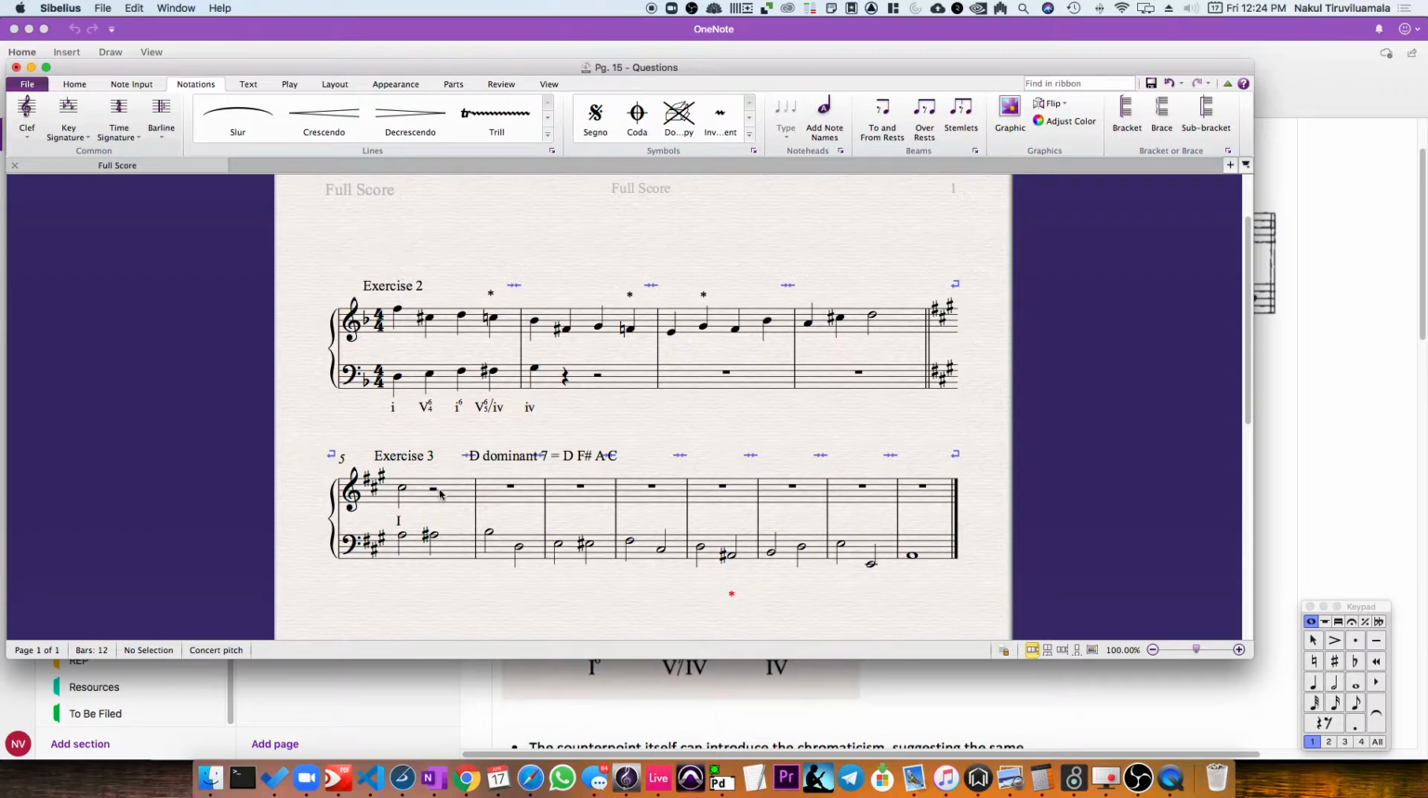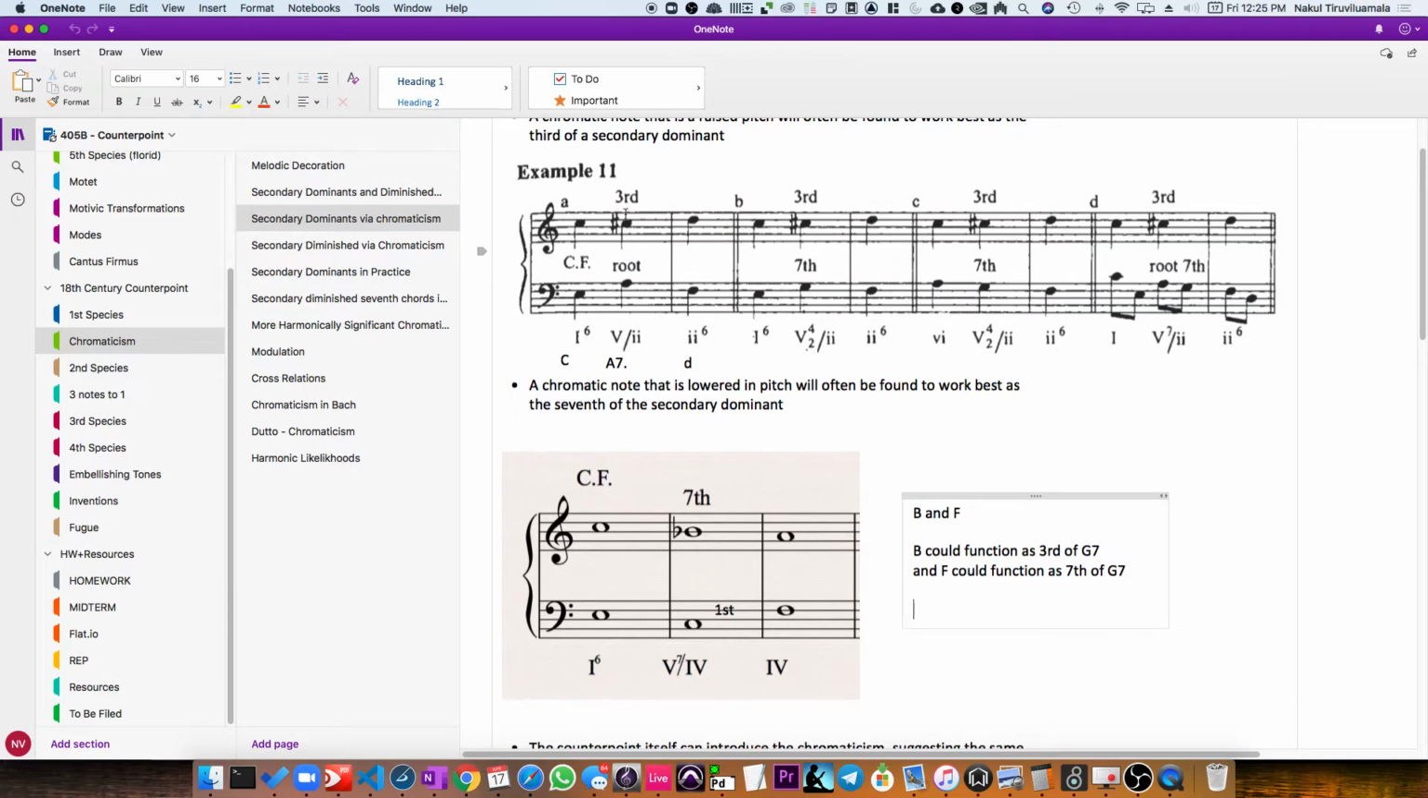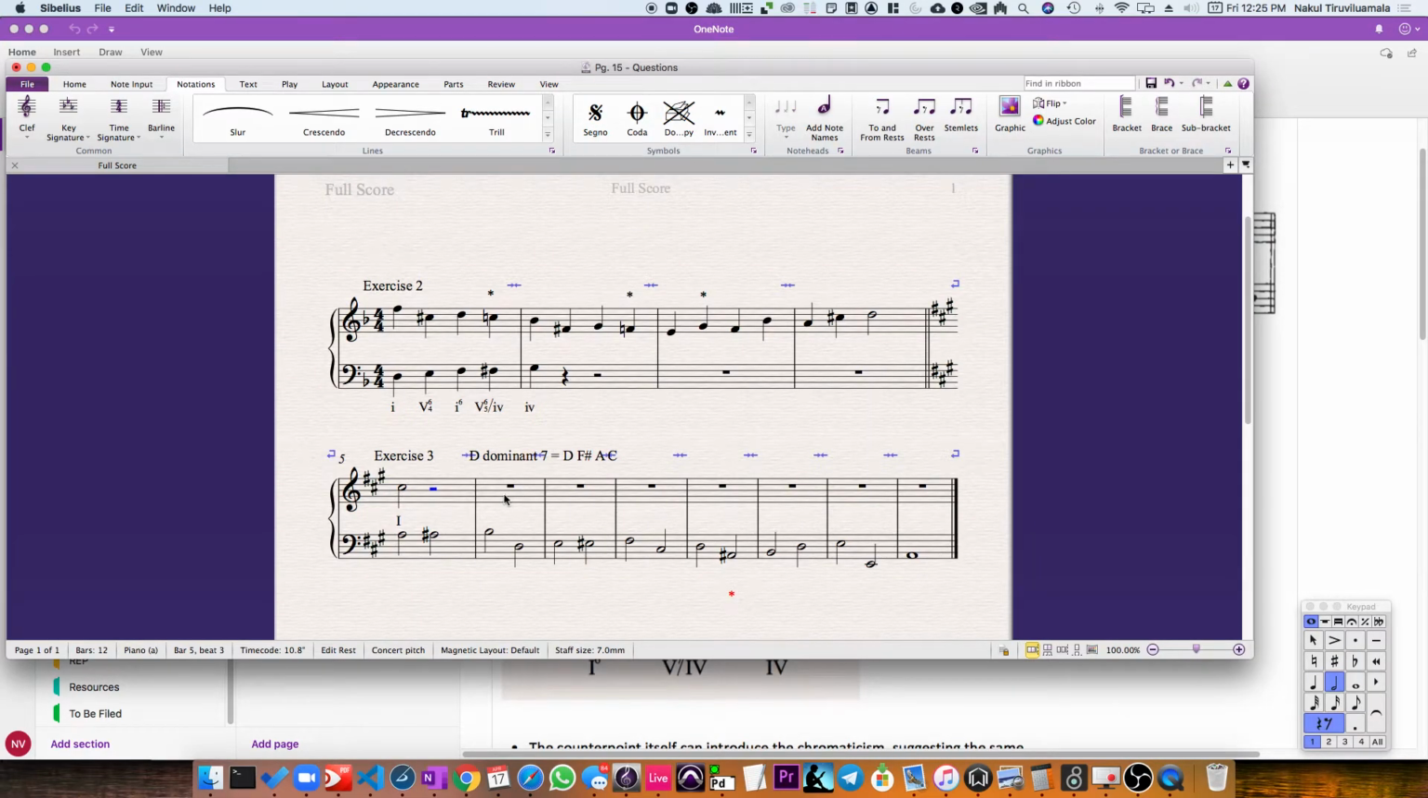Okay, so a similar principle applies on exercise 3, right? We start out with the 1 chord. Now we have some chromaticism. We have chromaticism going up, okay? So generally, if the chromaticism resolves up, the chromatic note functions as the third of the secondary dominant chord, which